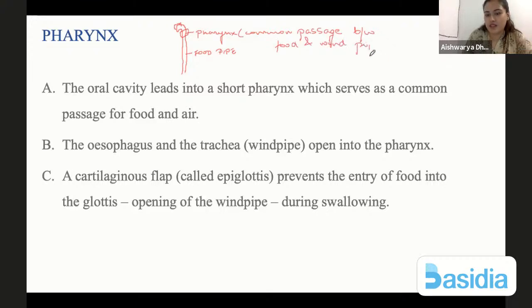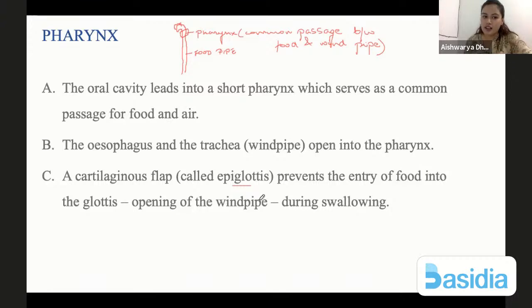So like I was telling you earlier, when you swallow your food, the windpipe needs a covering. There is a cartilaginous flap-like structure, which is known as the epiglottis, that is present on the windpipe. So as soon as you swallow, the flap will close the windpipe and prevent entry of food into the windpipe. So pharynx, of course, has attachments. It opens into the sound box also in the respiratory system.